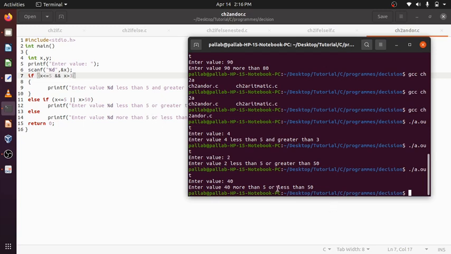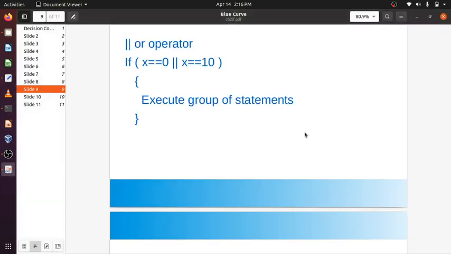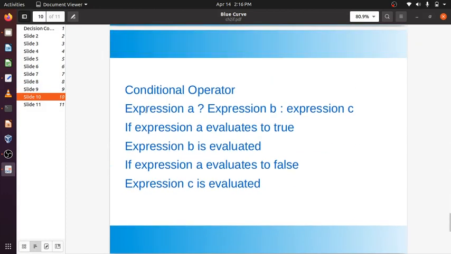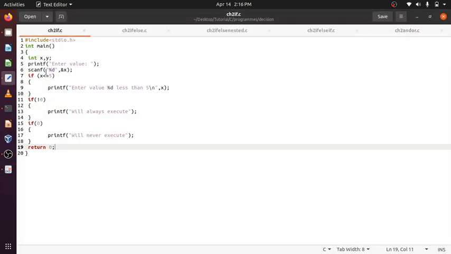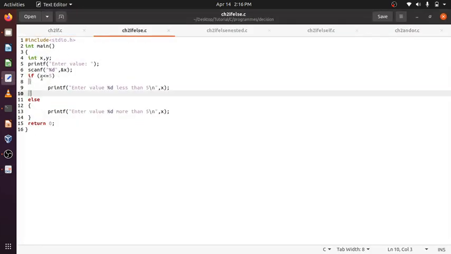So the last line is printed. Okay, it's the conditional operator. Suppose it is a simple if else, like if x less than 5, do this or do this.